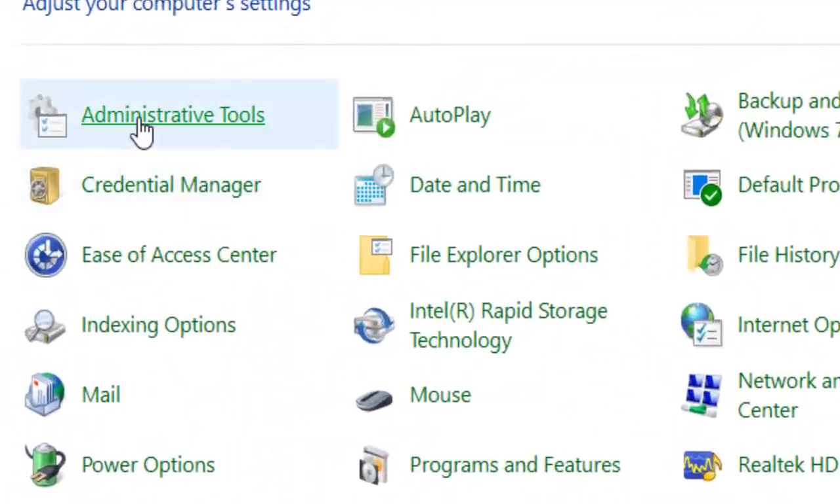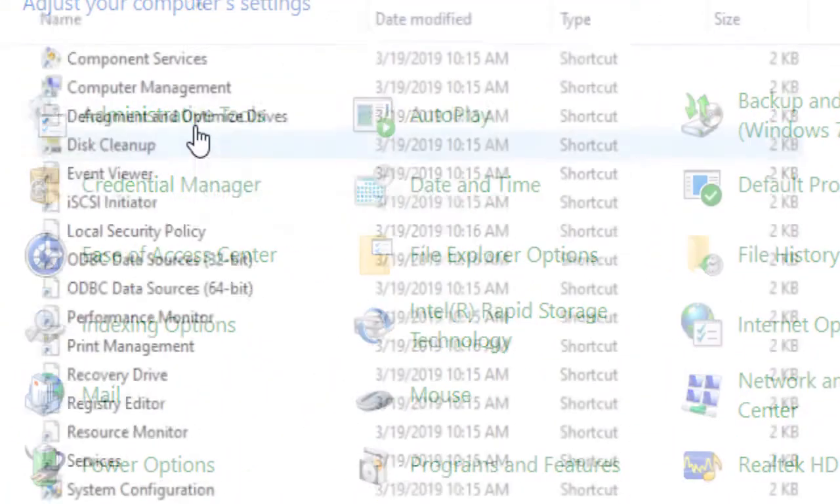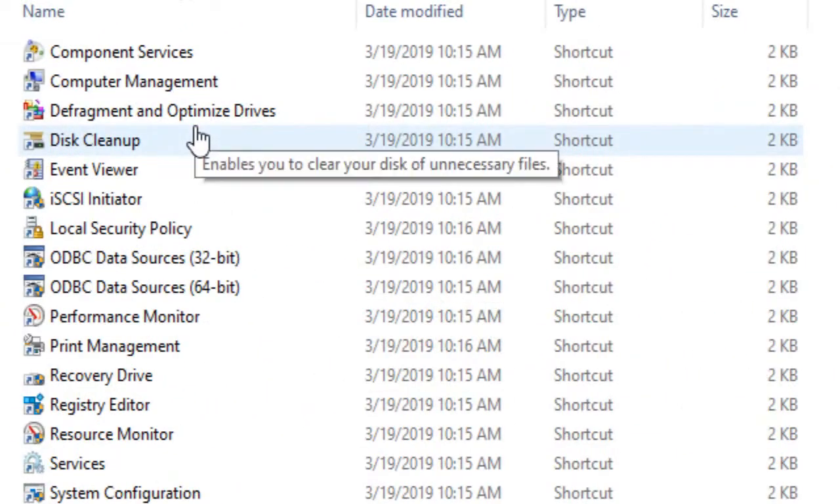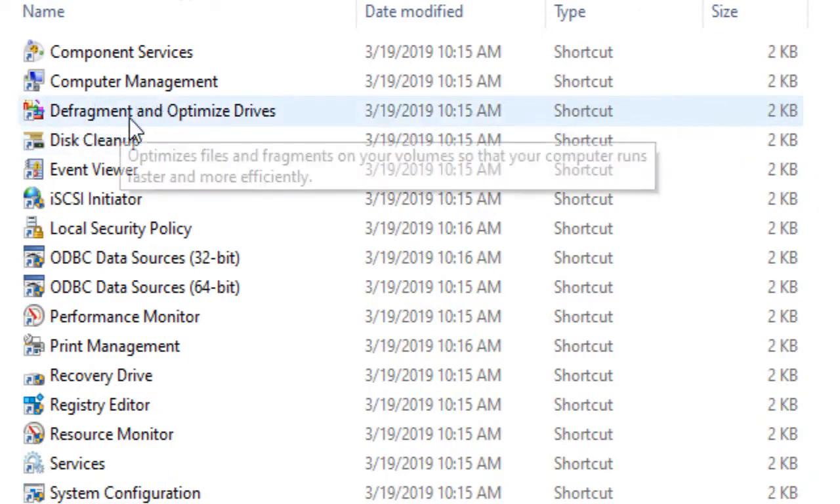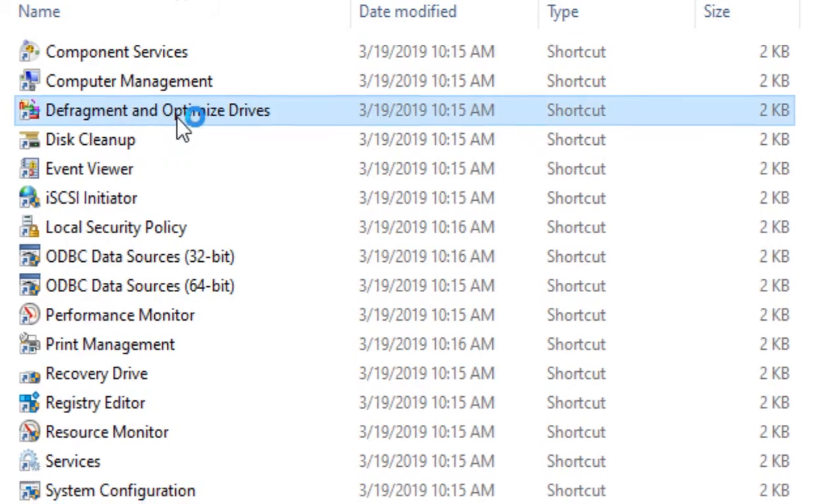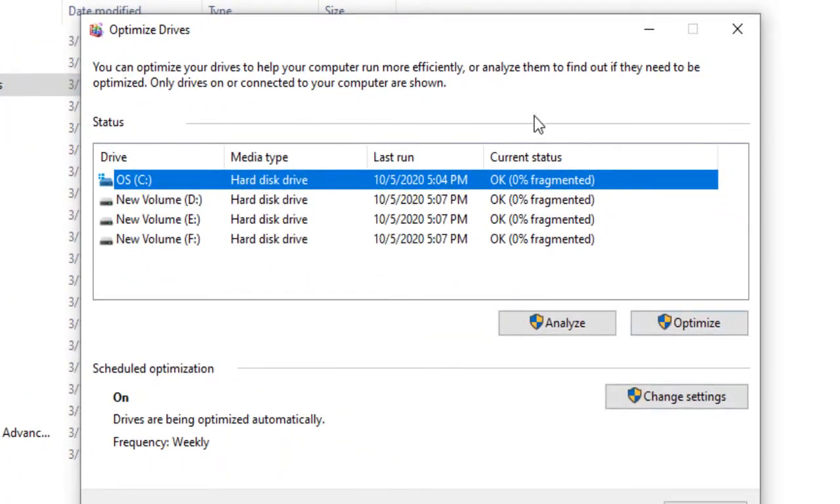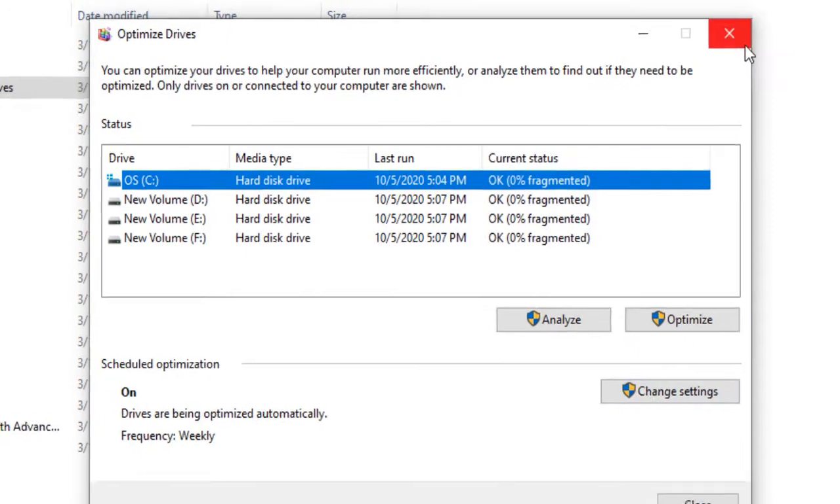After that, click on Administrative Tools, and here the option Defragment and Optimize Drives, so click it, that is it. And another way,